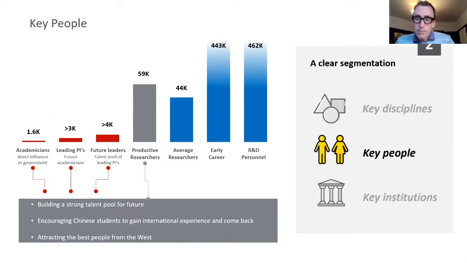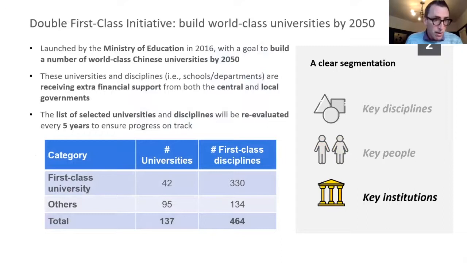And then the third part of this segmentation is key institutions. And I mentioned double first class a moment ago. The double first class initiative was launched by the Ministry of Education 5 years ago. The goal is referenced on the first slide, which is to build a number of world-class Chinese universities. These numbers, again, are evolving because China grows so fast, and the number of disciplines is expanding and pivoting a little bit as well, but mainly expanding as they build on the success that you saw in the first slides